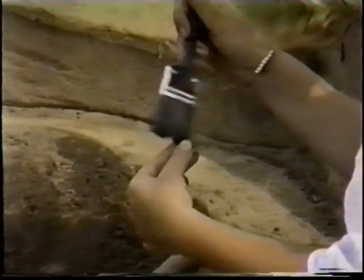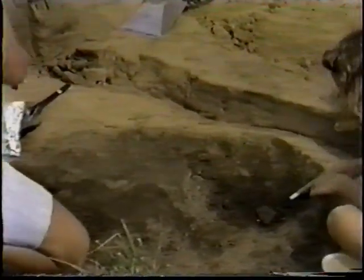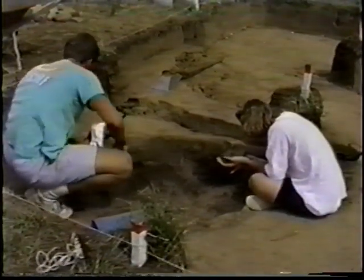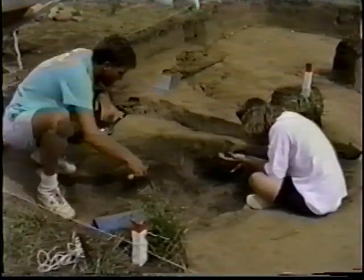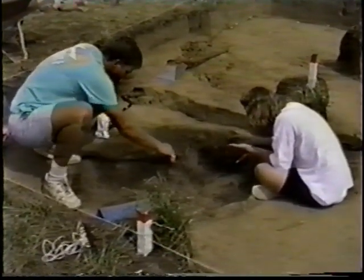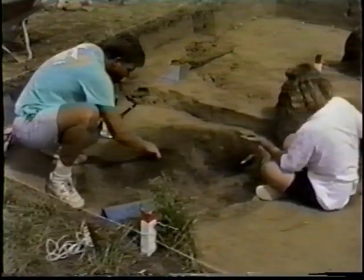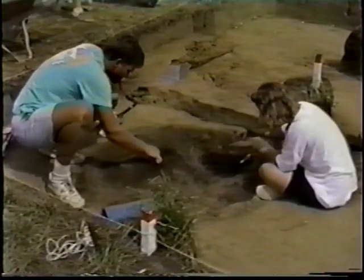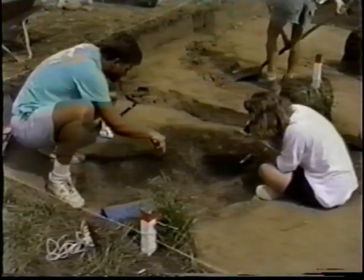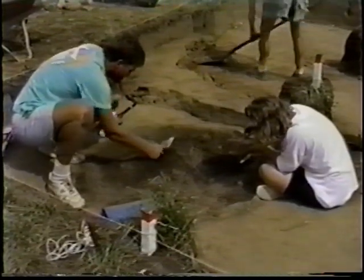What they were trading for the stone, we don't know, but it seems from some of the work that we've done farther downstream, and we have no reason to think it's not similar here based on the types of raw materials that we're finding, that some of these large villages are acquiring the lithics in a sort of semi-finished state. In other words, rather than just getting a big hunk of rock, you get a blank, something that could be found